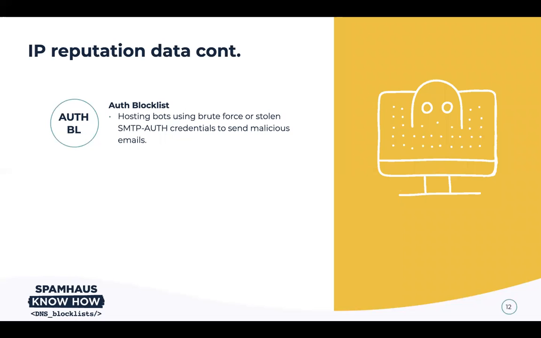The reason for that is that this allows you to use the OauthBL for other things that are not SMTP receiving connection, MX connections. You can use that, for example, as part of your intelligence to identify whether an MSA connection, an SMTP authenticated connection, is coming from an IP that is suspicious. But it can also be used in a deep header parsing in order to identify whether the original injection point of the email was actually one of these bots that do abuse third parties,